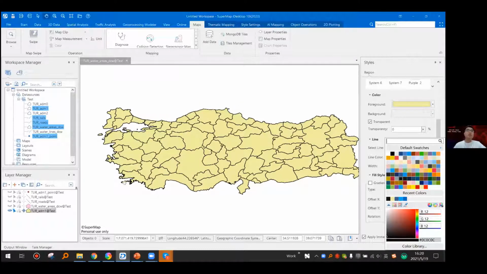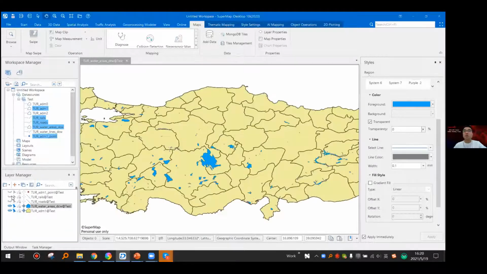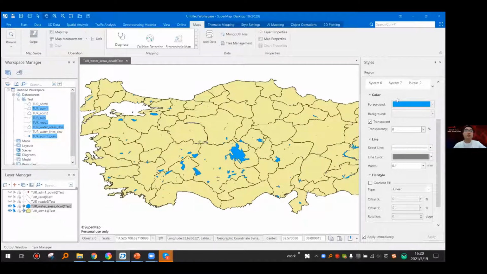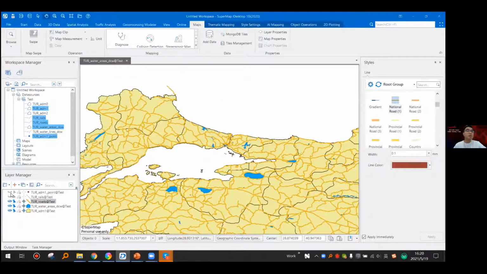The second one I will set for the water layer. And here we use blue color. And for the roads, I will select this one. And for the railway, let me close other layers. For the railway, we have this. And for the city point,